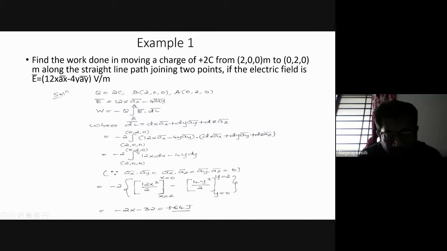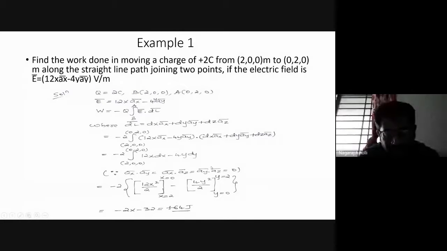The y coordinate they have given is, their lower limit is 0 and the y coordinate of the upper one is 2. So it is 0 to 2. Y is 0 to 2. These are the limits. And once we simplify this, we'll get -24 if we solve this, correct? What will we get for this one? -4y square by 2, how much will you get?